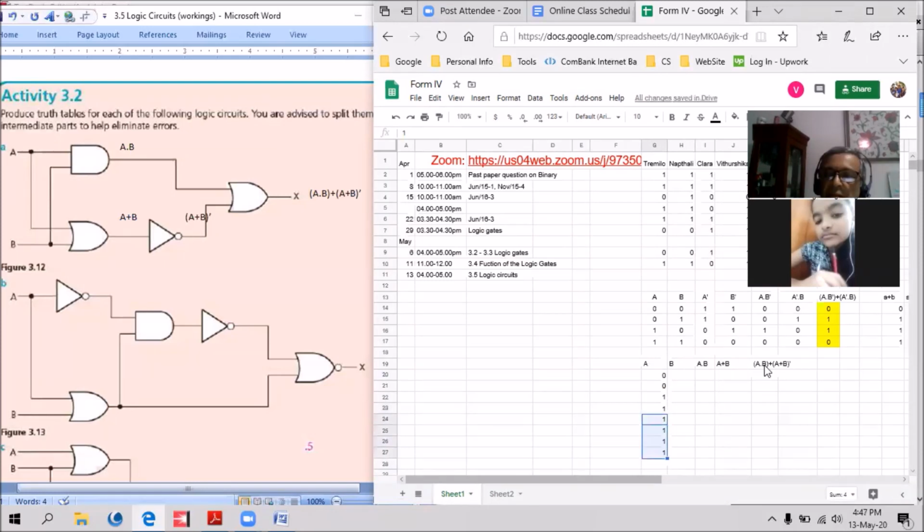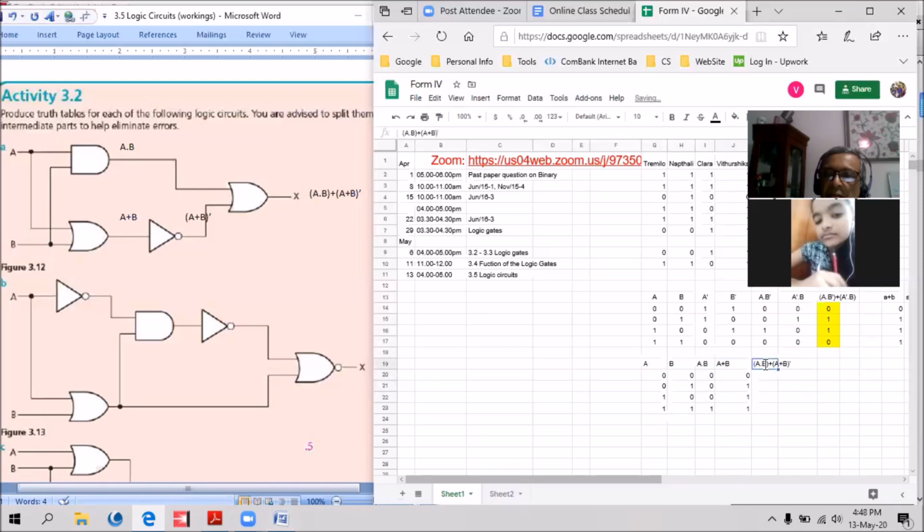Don't be careless in this case, that's where all the errors come from. And 1, 0. So AB is equal to 1 here. And A or B is 0, 1, 1, 1. And finally, B is 1.